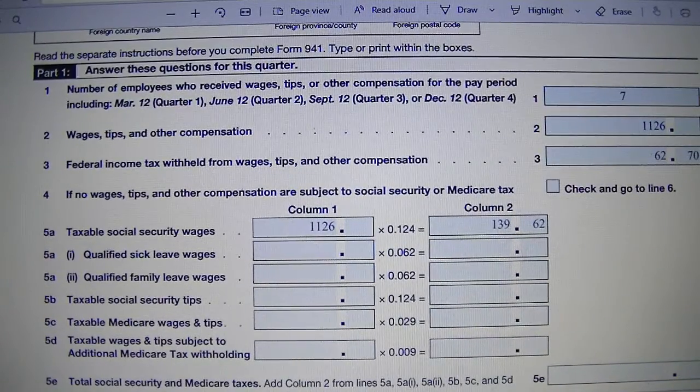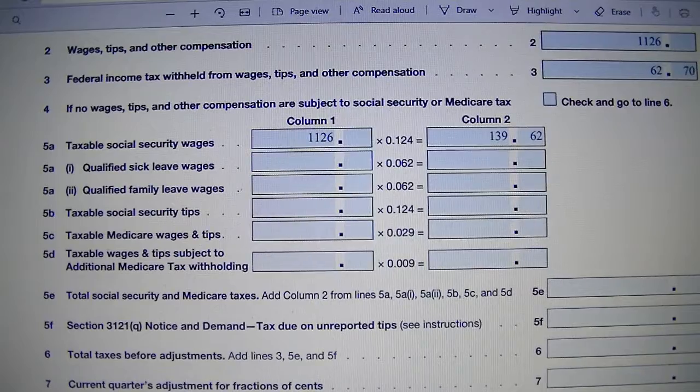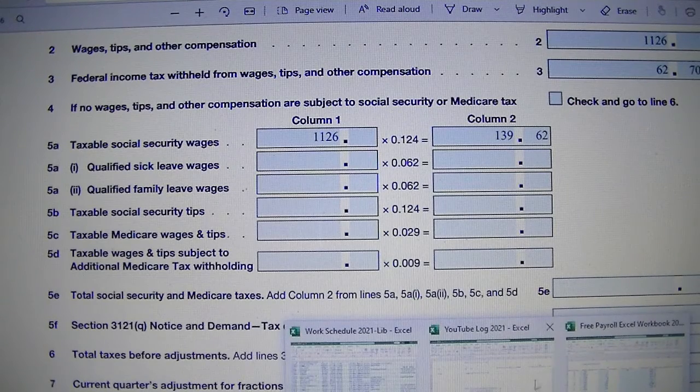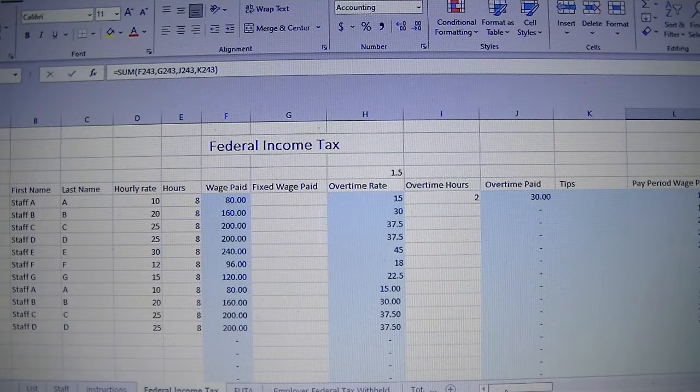We are working on Part 1 of Form 941 and we just completed calculating Social Security wages, calculating Social Security tax on wages. There is something I'd like to point out: Social Security tax has a wage limit. So you are going to track your employees' wages, and for any employee that you will pay Social Security tax on, you will collect Social Security tax from your employees' wages, and you will pay Social Security tax as well, but up to